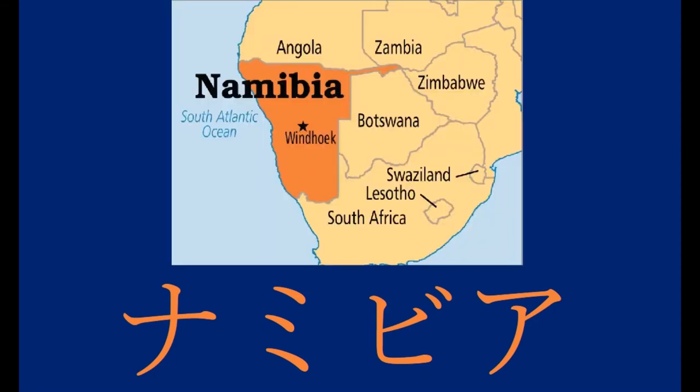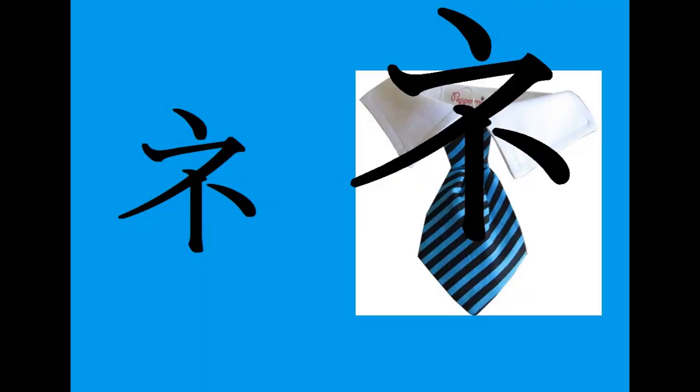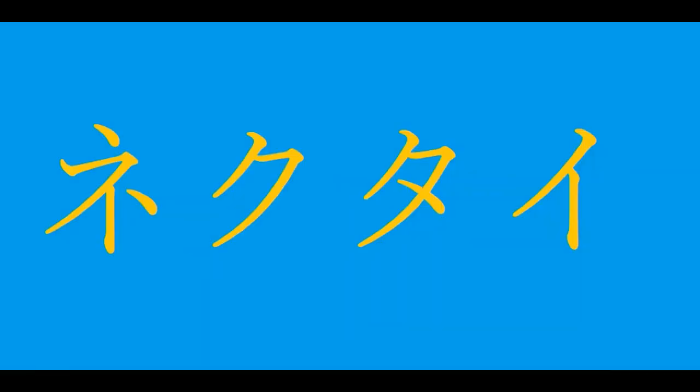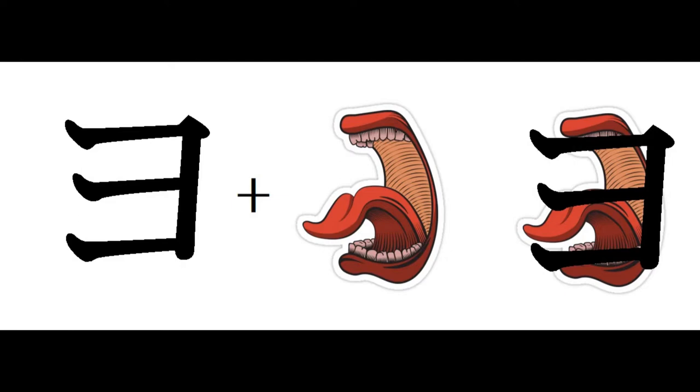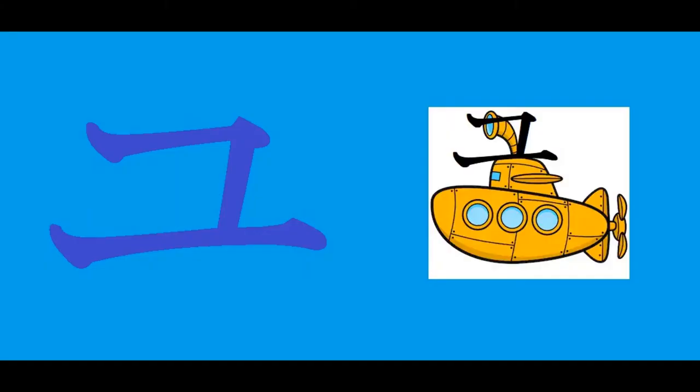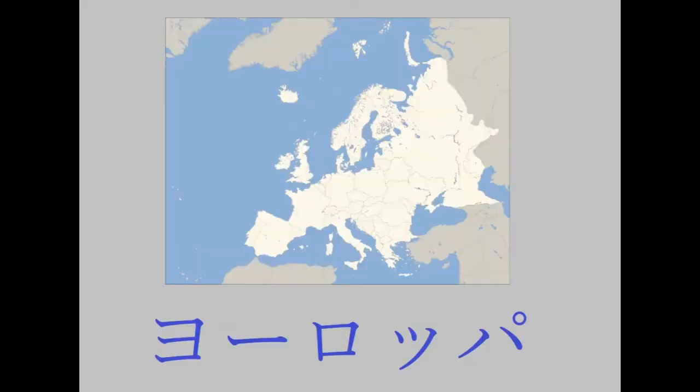ナミビア。The ne kana looks like a necktie hanging down from the collar of a shirt. And if we want to say this word, it's ネクタイ。To remember the yo kana, imagine a yodeler with their mouth wide open and their tongue sticking out while they yodel. And the u kana looks like the periscope on a U-boat or submarine. So this word is ヨーロッパ。